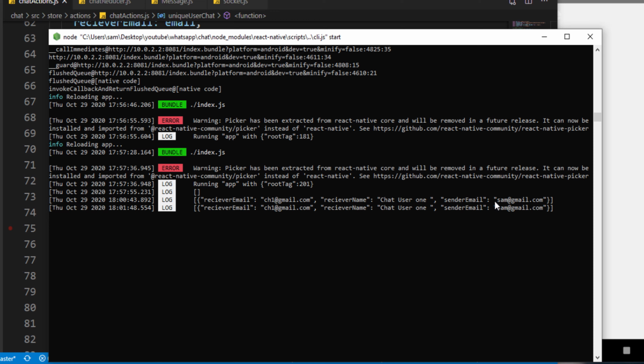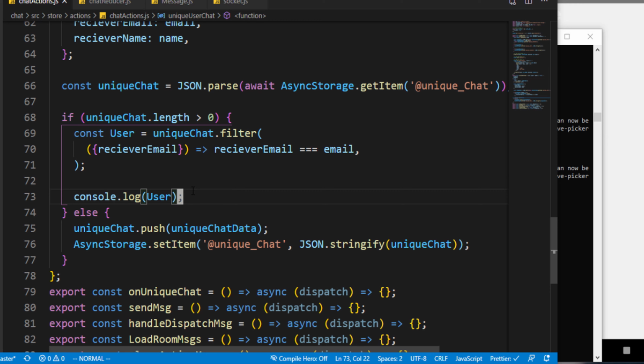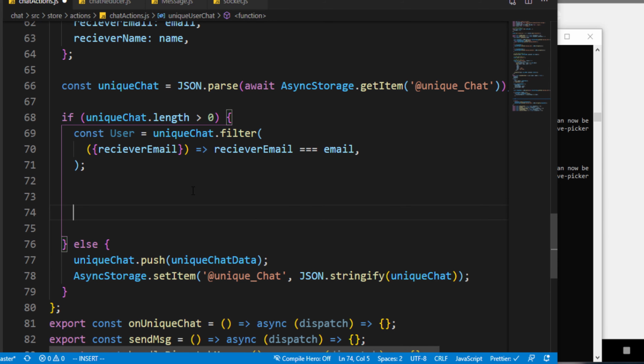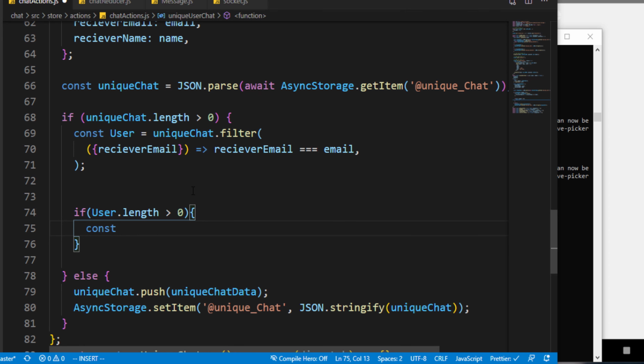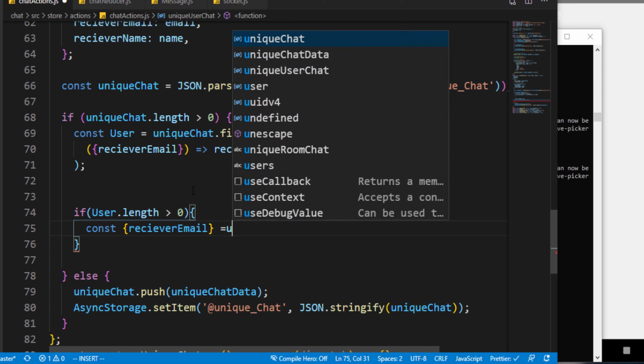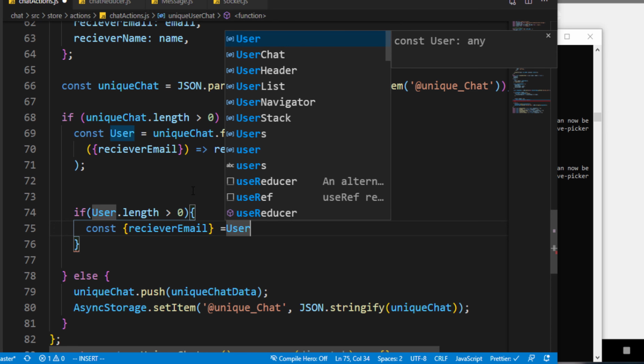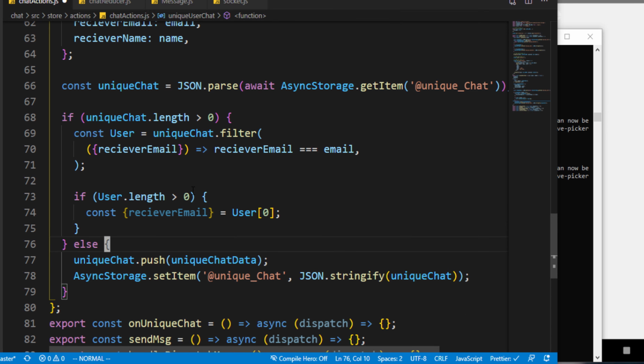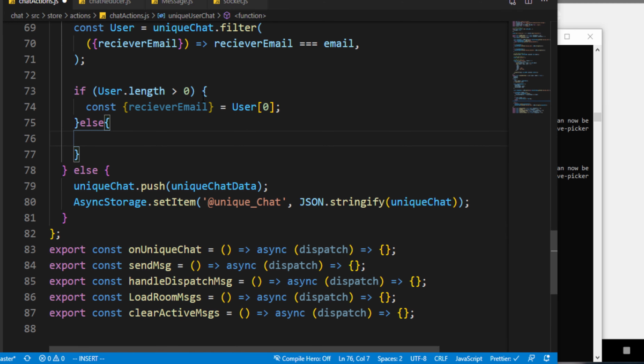The sender email is my email, while the receiver email is the chat user 1. So I can also check if the user dot length is greater than 0. If it is greater than 0, we just have to say the receiver email. We can grab that from the user, but in case it is not greater than 0, in case we don't have that active user, we have to